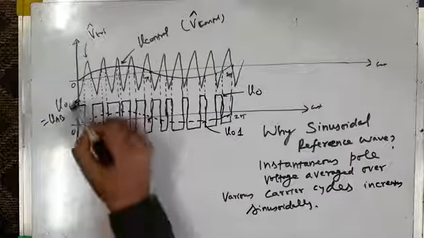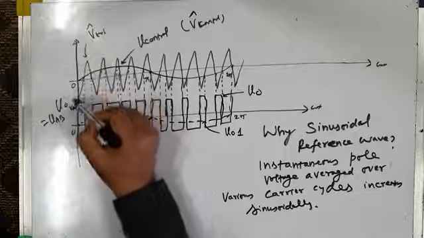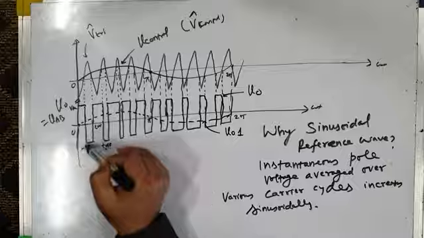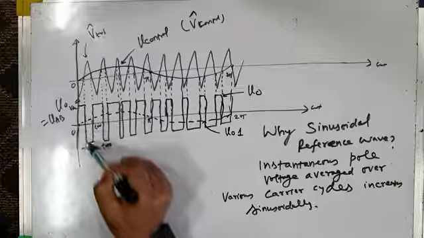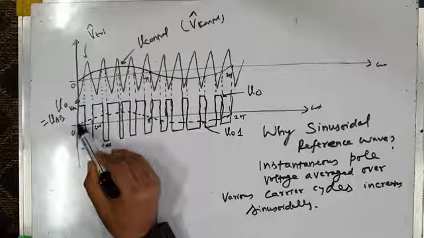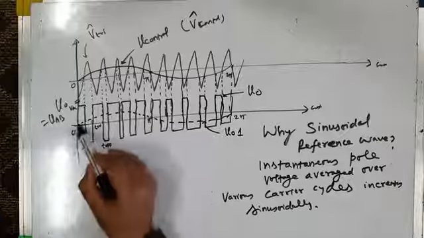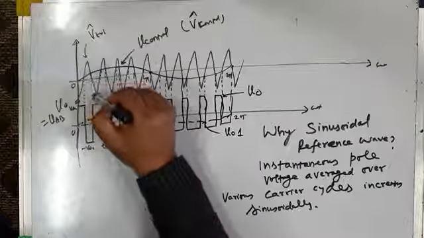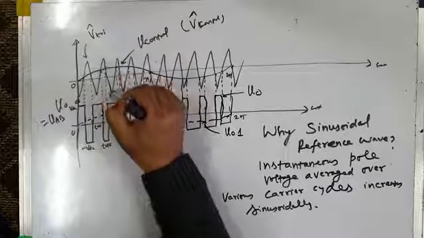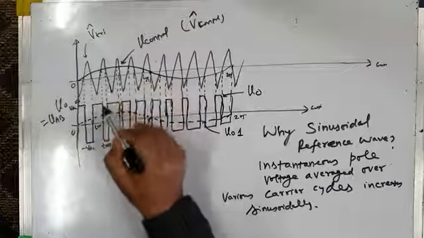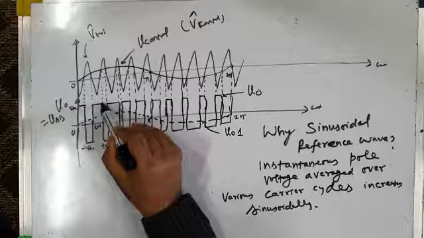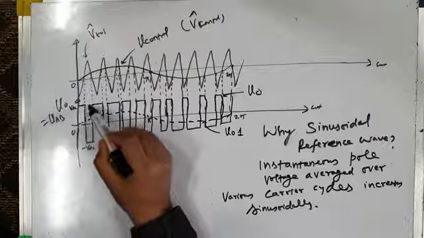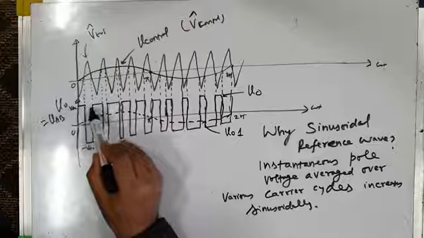You take the first carrier cycle. This is the first cycle. In this, the inverter output voltage is plus VDC, minus VDC. On time is slightly greater than off time, so the inverter average output voltage is very small, somewhat like this. Go for the next carrier cycle. This is your next carrier cycle, like this from here to here. In this carrier cycle, the instantaneous average voltage across the load increases because the voltage across the inverter